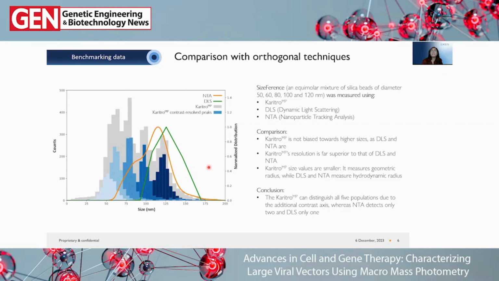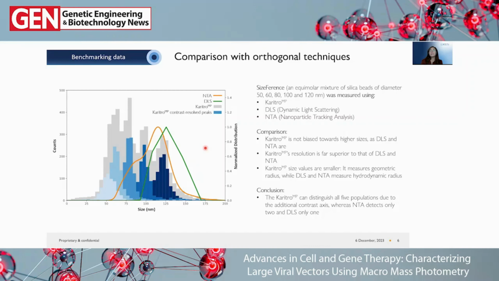Another difference is in terms of resolution and bias towards larger particles. Both NTA and DLS have a bias towards larger particles, which means that if small and large particles are present together, both NTA and DLS would have an issue seeing the smaller particles as well as the big ones, because the big particles would mask the presence of the smaller ones, and effectively you would have saturation